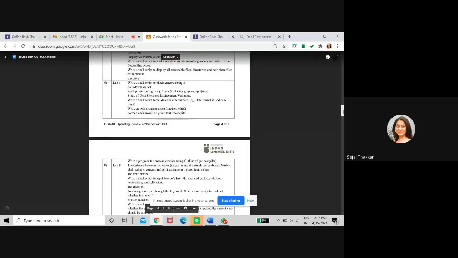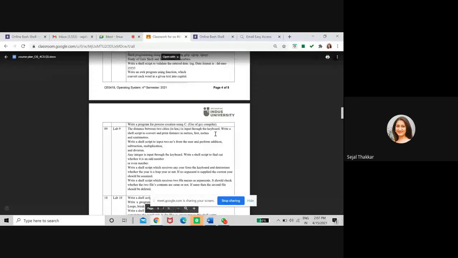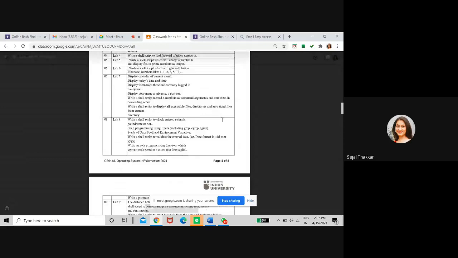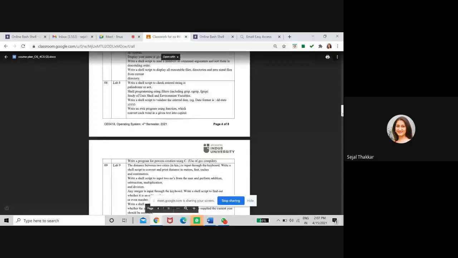Now, this is the practical to find the distance between 2 cities. So this is really very simple. You can see here we have already added odd even number, reverse number, and leap year or not. So in one lab we added many practicals. So you just go through all these things, run all these practicals, write them down in your file and upload them into the Google Classroom Drive folder.